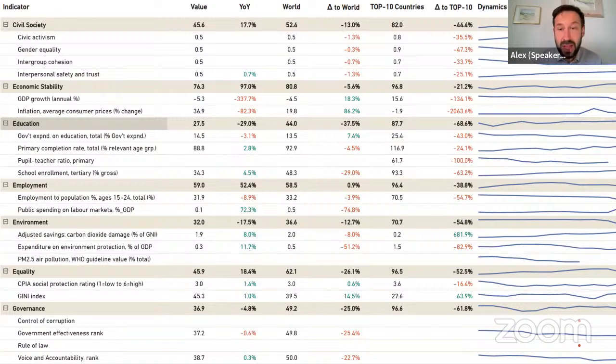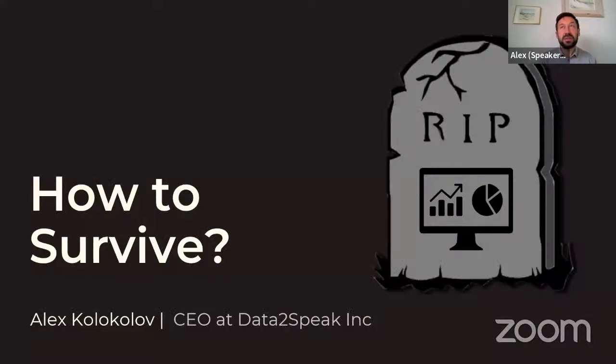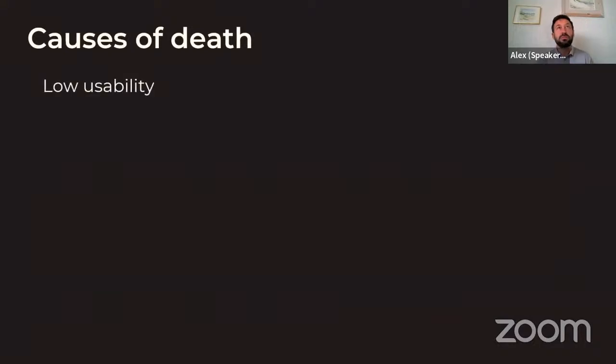And we have different causes of death, and this cause may be not only bad design, bad data visualization, or low usability. Please help me join this conversation. What causes of dashboard death could you suggest? Why can a dashboard die in the corporate world when we develop something useful, but finally no one uses it?